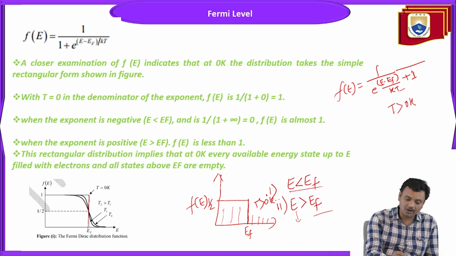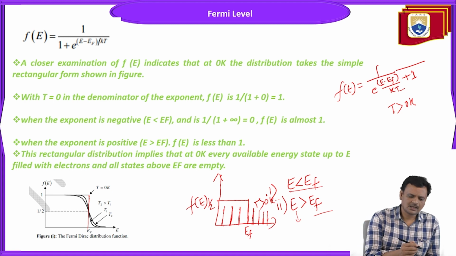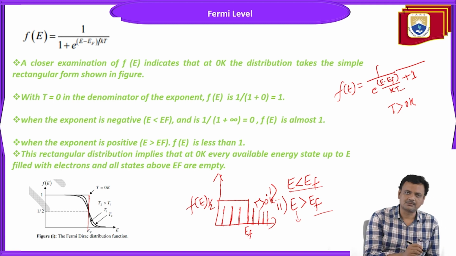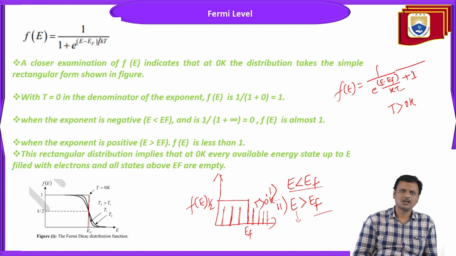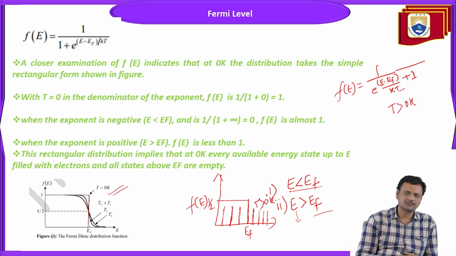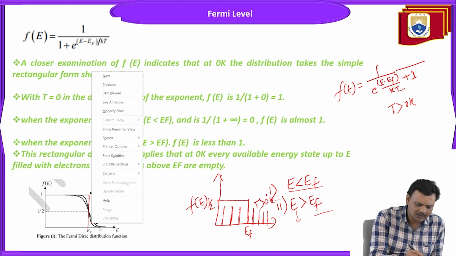So what will be the probability that these levels will be occupied? This rectangle represents the probability distribution function at T equal to 0 Kelvin. Once you increase the temperature, this graph is for T1,